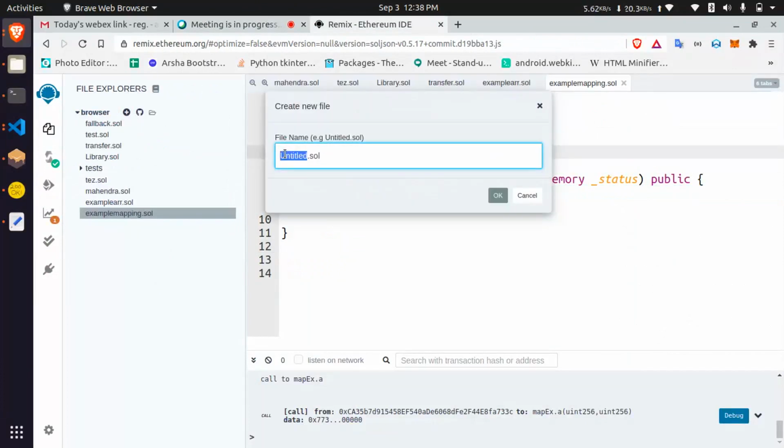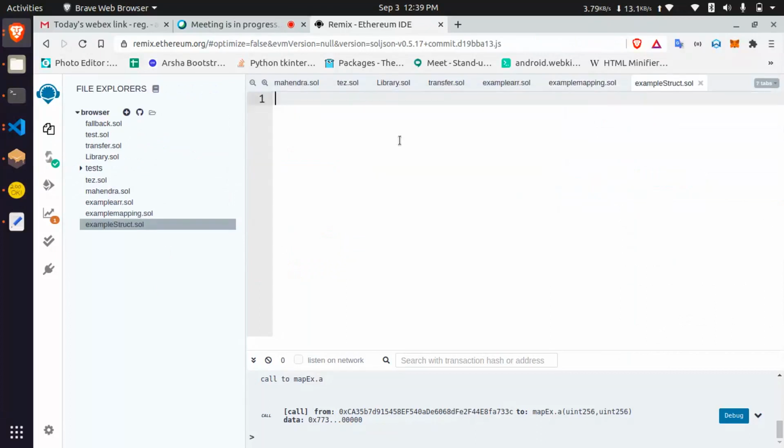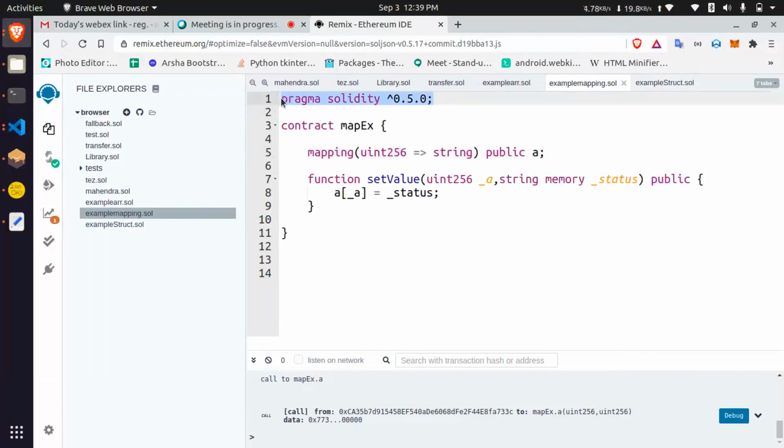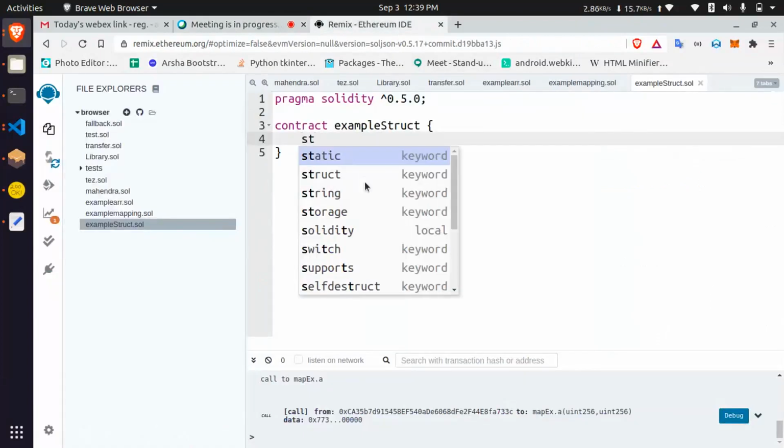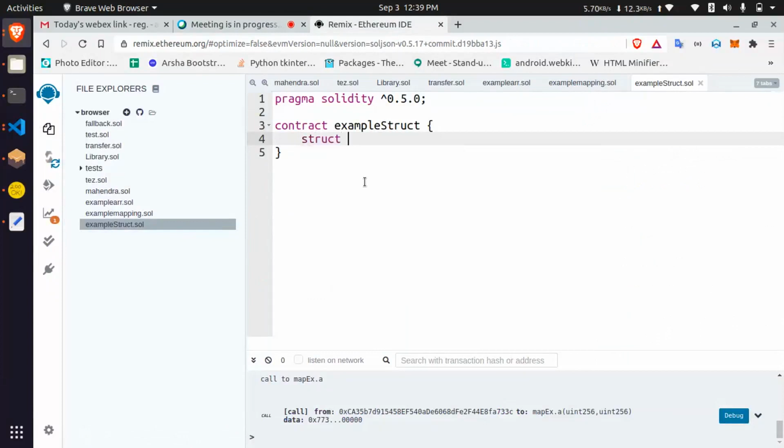Let's create another one for you. For example, I'm copying the same compiler line, and then the contract and contract name, and defining a struct like person.